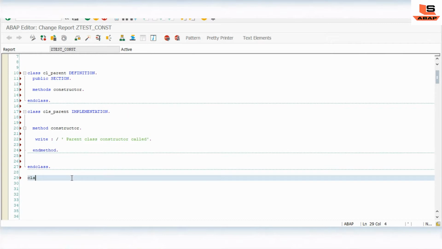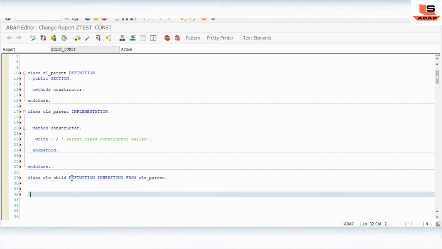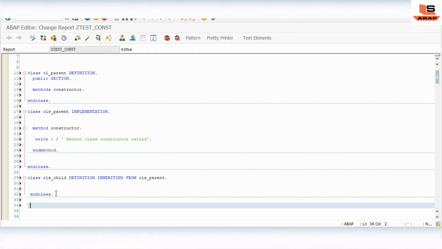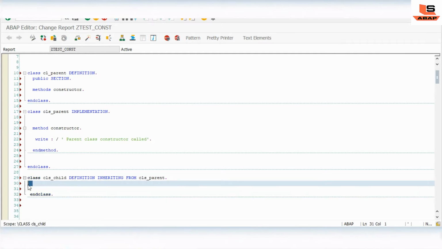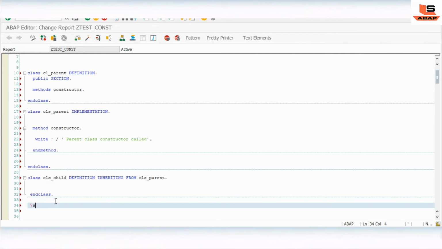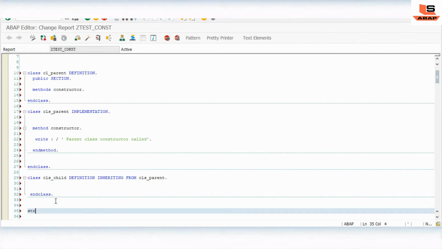Now we will define a child class which will inherit the property of the parent class. So how can we inherit? Definition inheriting from cls, the name of the parent class, and here we will give end class. That's it. See, now we are not writing anything in this class. Let's check how it works.